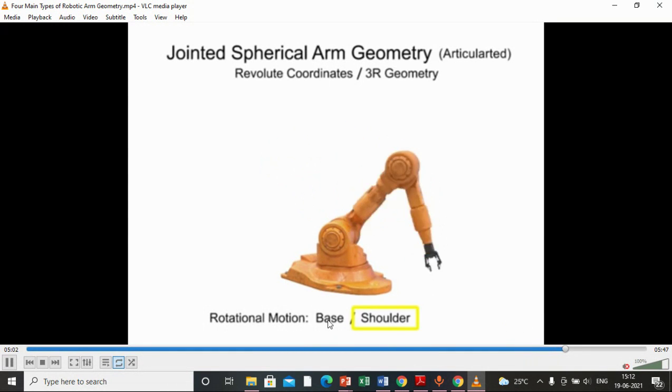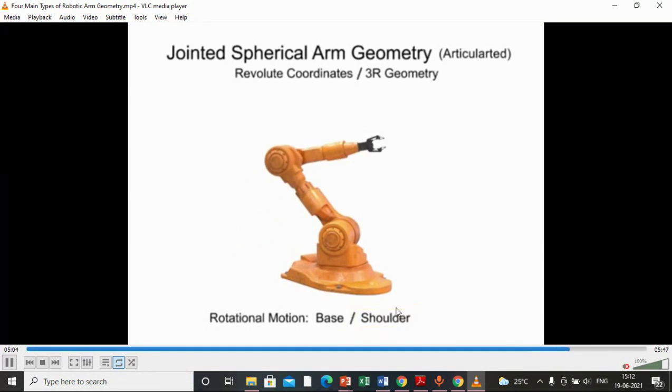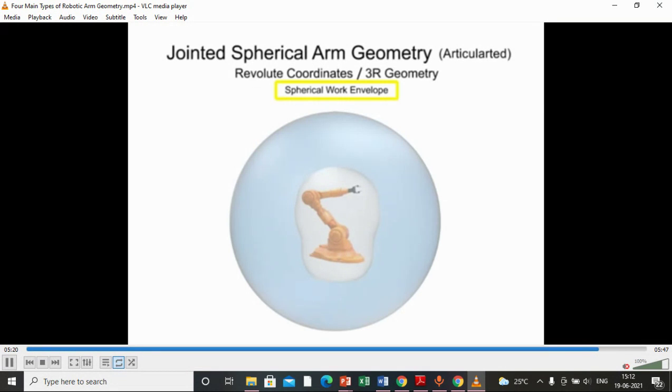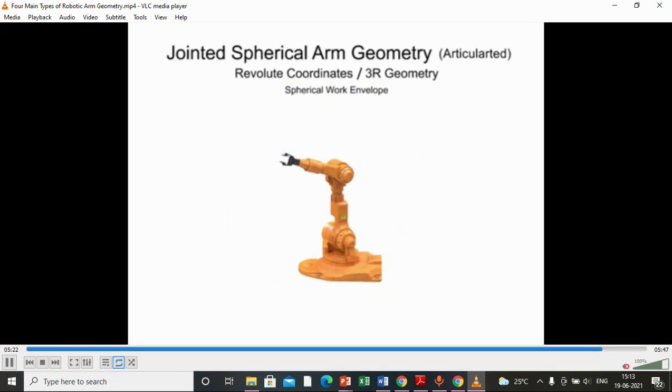Rotational motion is provided to the base, also called the shoulder, and also provided to the elbow. So as earlier configurations give us constraints, this joint arm spherical gives us more reach.